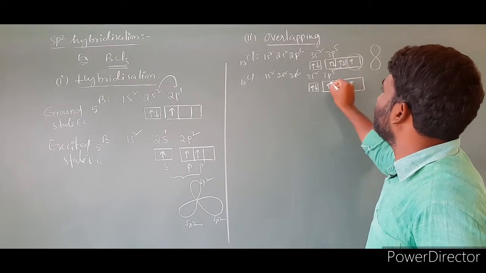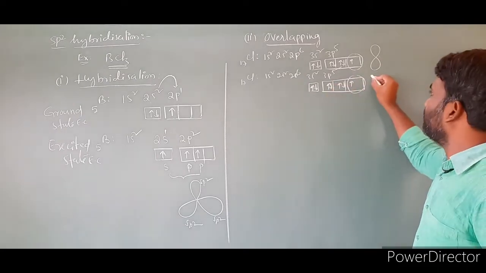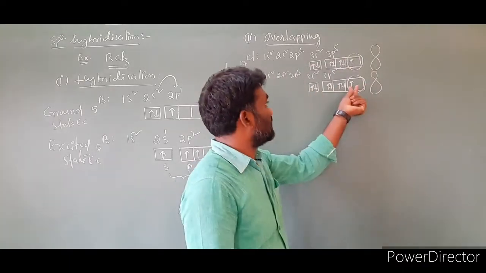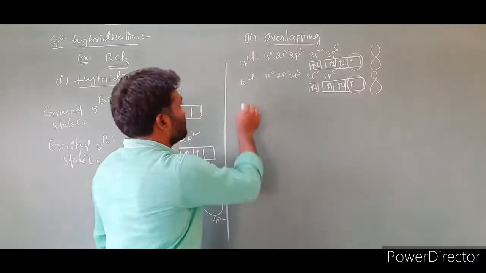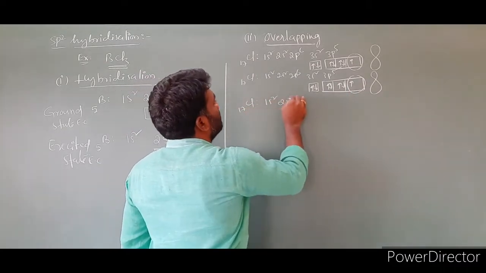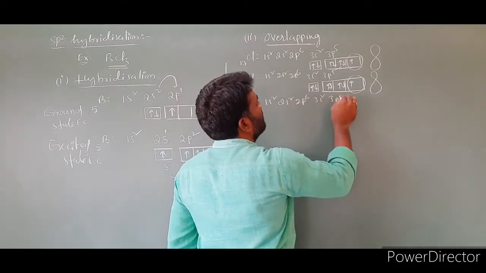1, 2, 3, 4, 5. This is a free p orbital. So one more vacant p orbital we got. One more p orbital is there. This is one more p orbital we have. And the third chlorine, chlorine number 3, atomic number 17: 1s2, 2s2, 2p6, 3s2, 3p5.